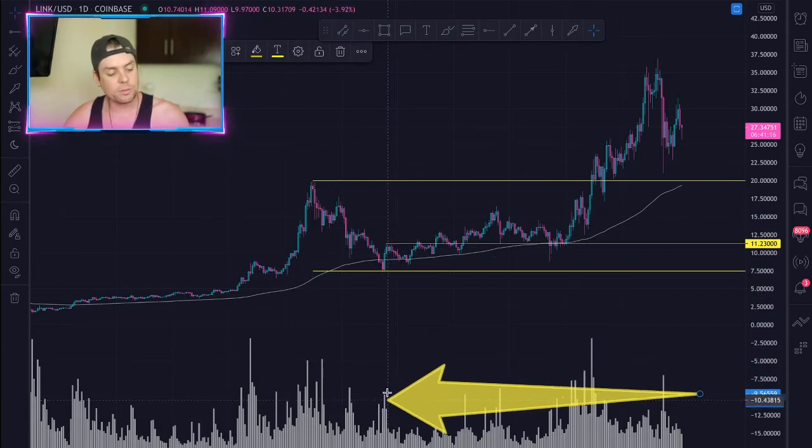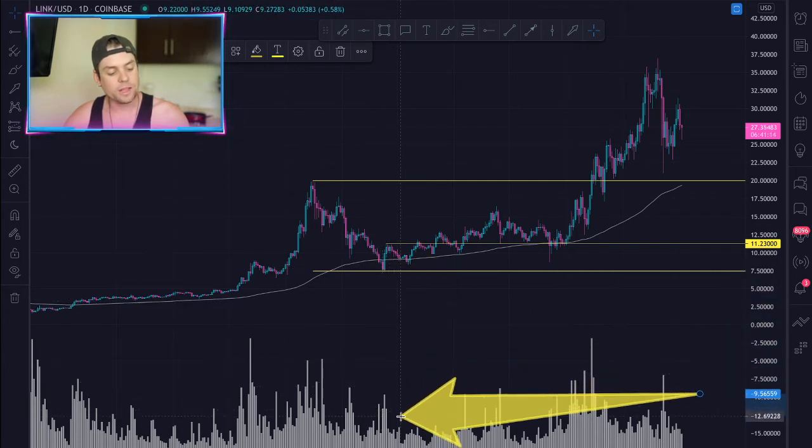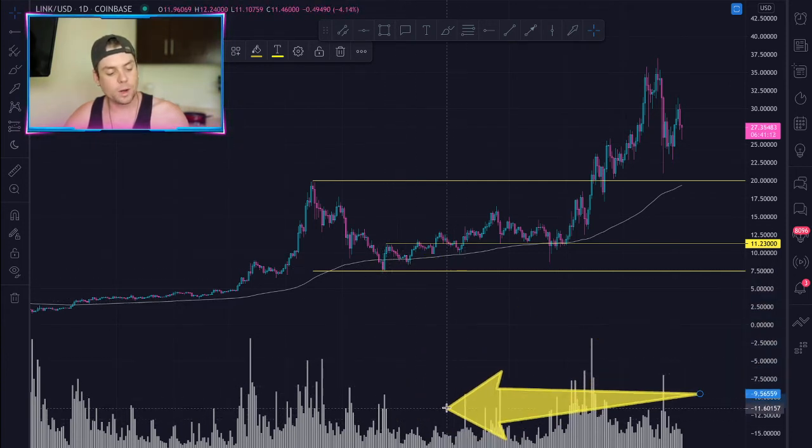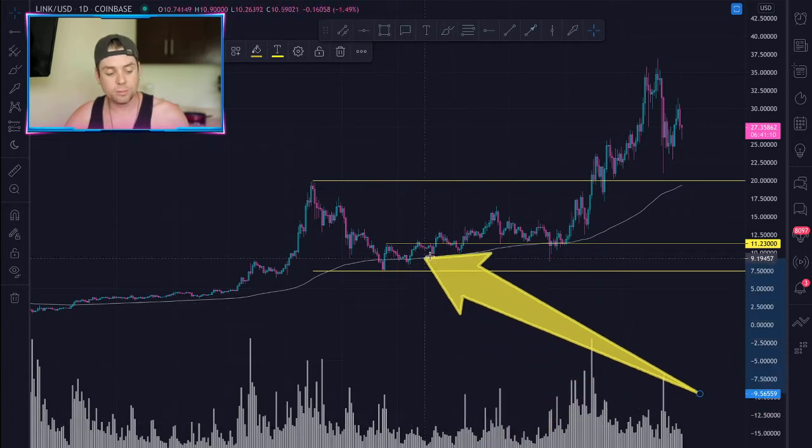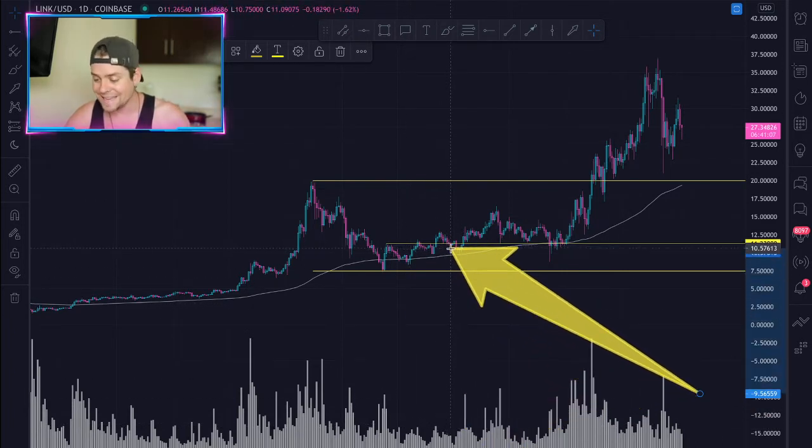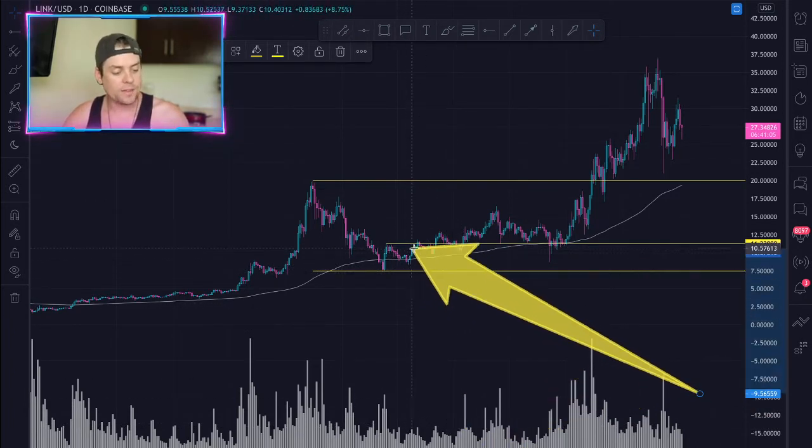You can see the volume. There's a climactic action on the volume, and then the volume tapers right off for a while. So that's good: low volume and the price begins to climb. That's showing an ease of movement. And then we're range bound.